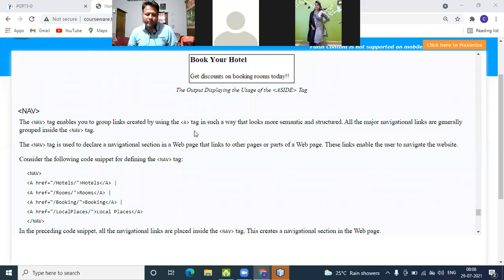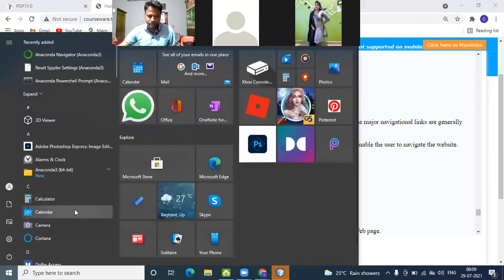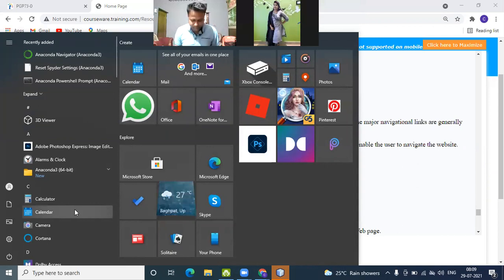If you want a more structural approach or structural designing in the web page, you put together the related links in one group by using this nav tag. Okay.